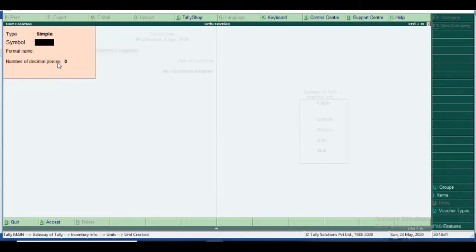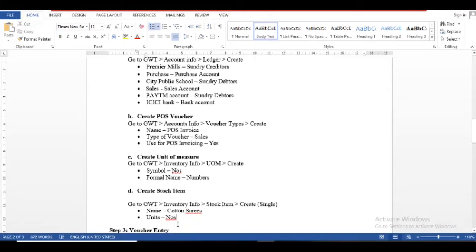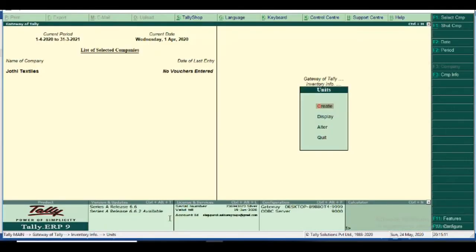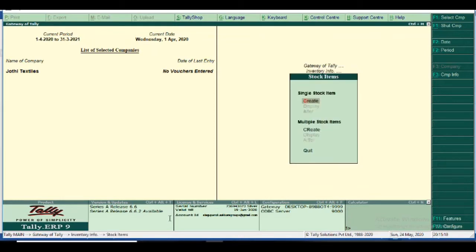And then we move to option D, create stock item. Go to gateway of Tally, inventory info, stock item, create single. It's also easy because we have a single stock only. The name is cotton sarees, units is numbers only.